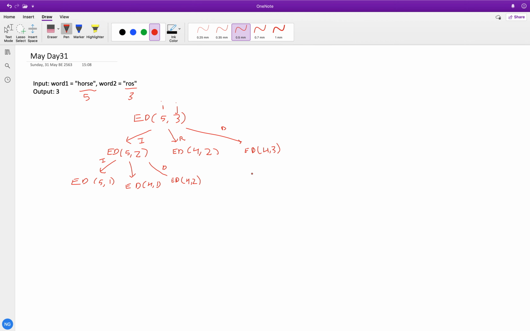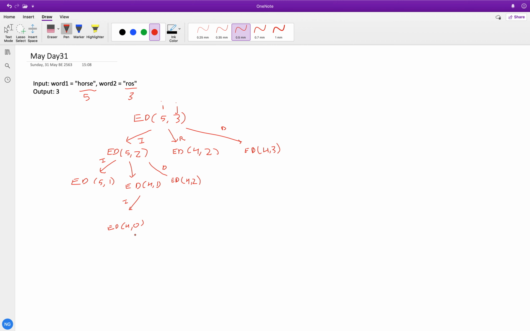Similarly, we can do this in every character. Let's say I did insert again, so I inserted another character in word 1. For the insert, the call stack becomes ed of 4, 0.